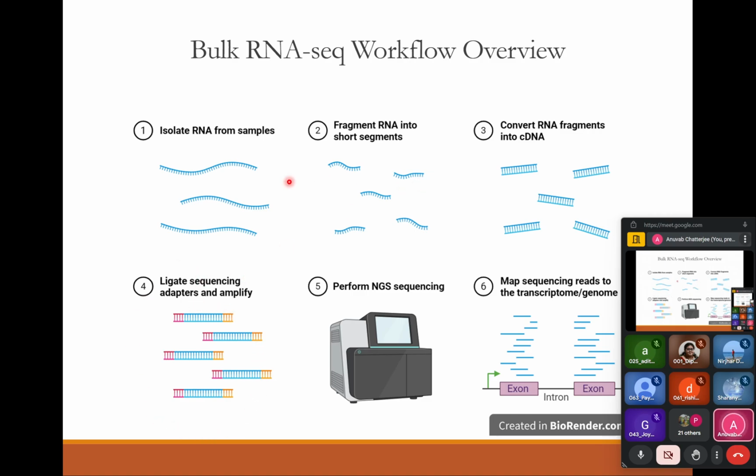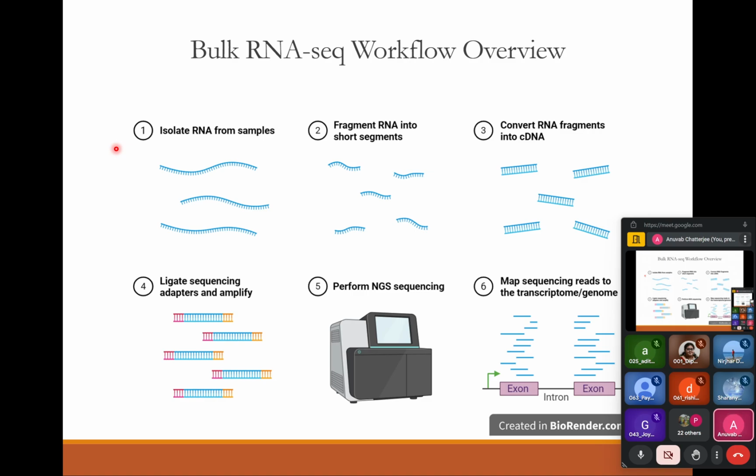So essentially you have the sequence of the RNA just amplified and in DNA form, and then you do something called ligating different adapters. You add different sets of DNA fragments to each of the ends, which helps in doing something called next gen sequencing. You can use the Illumina platform or the Nanopore platform, and you know what the sequence of the DNA is, and then from the sequence of this DNA you go back and find out the sequence of the